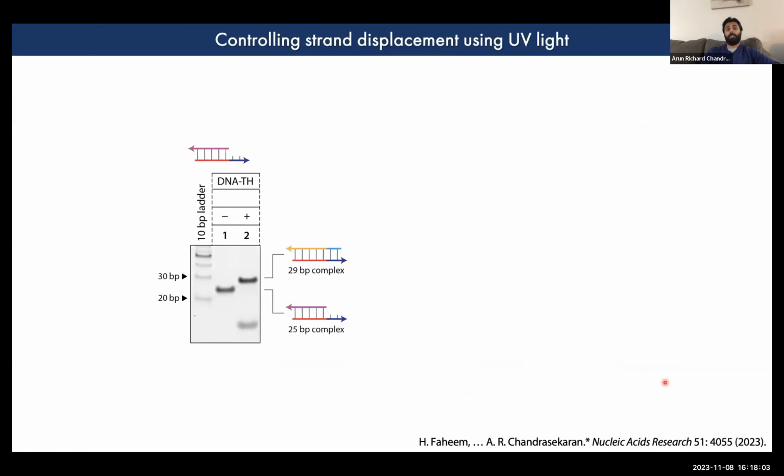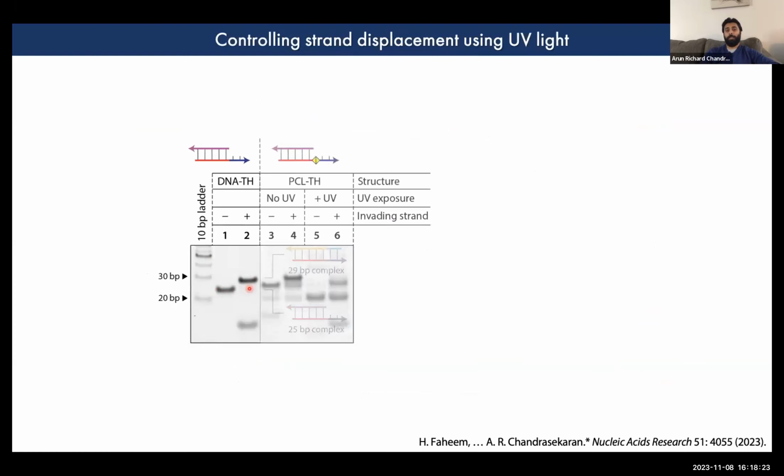We then moved on to see whether we can use toehold clipping to control strand displacement in these duplexes. So as our control system, we have an all-DNA system. You start with a duplex with a toehold, and in the presence of an invading strand, the short strand is kicked off, and you end up with a longer duplex, which is observed as a slower moving band on the